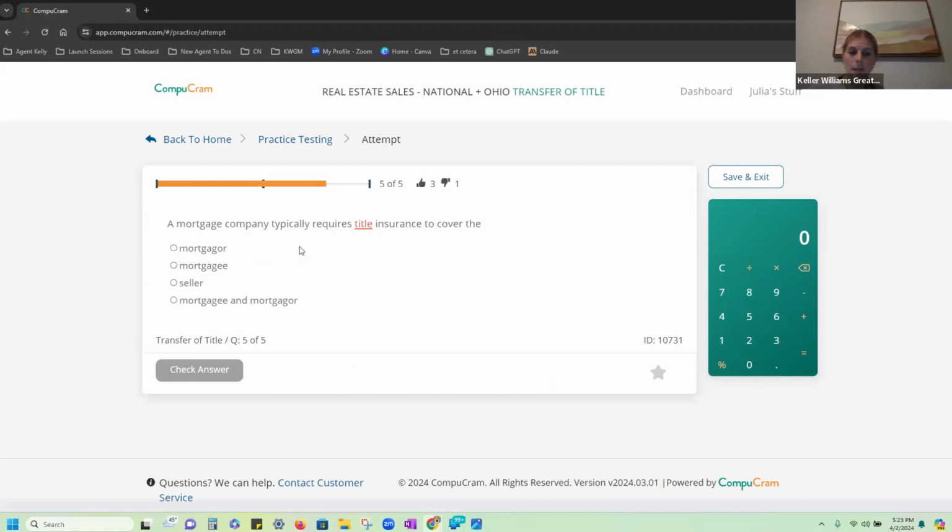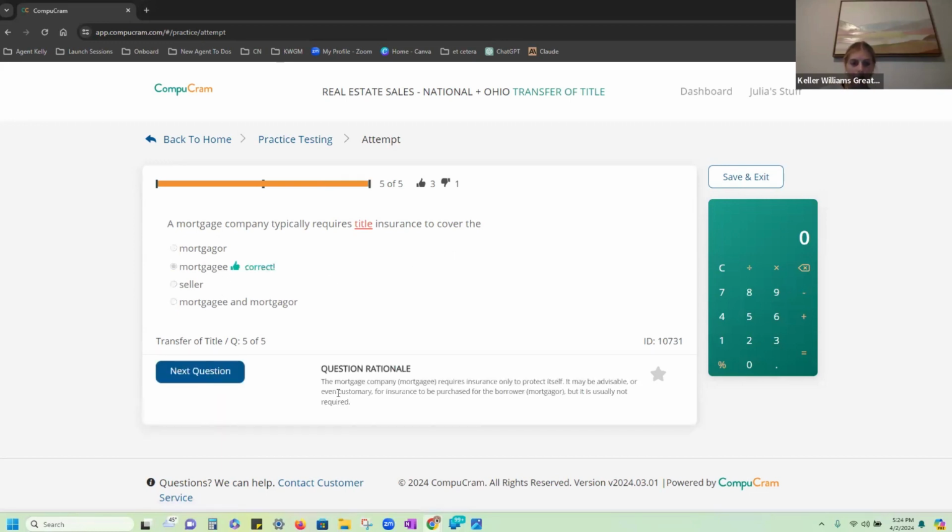So a mortgage company typically requires title insurance to cover the A, mortgager, B, mortgagee, C, seller, or D, mortgagee and mortgager. So a mortgage company typically requires title insurance to cover the... The person giving the loan is the mortgager. The person receiving the loan is the mortgagee. B and B is correct. Yes. Mortgage company, mortgagee requires insurance